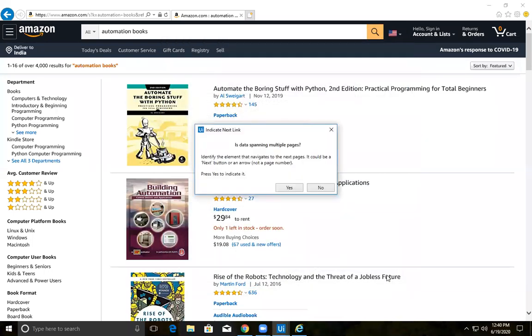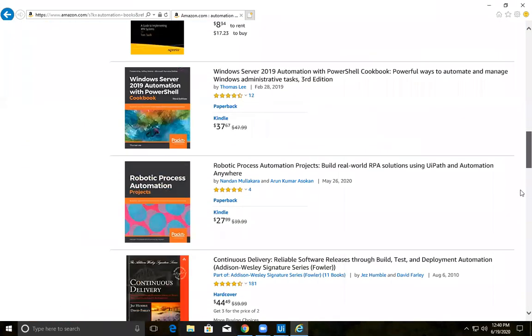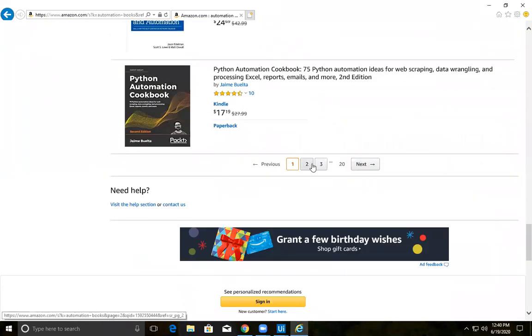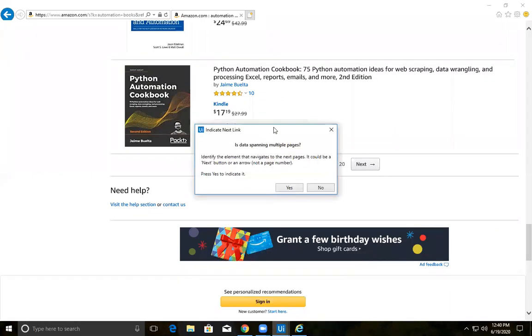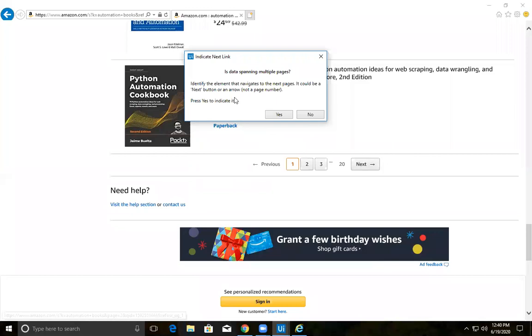Now it is asking whether the data is spanning multiple pages. Identify the element that navigates to the next pages. It could be a next button or an arrow, not a page number. If you come to the bottom of this page, there are next pages available and there is something called next. It tells you to click on a button called next or an arrow, not on a page number. We must not select the page number, we need to select next.